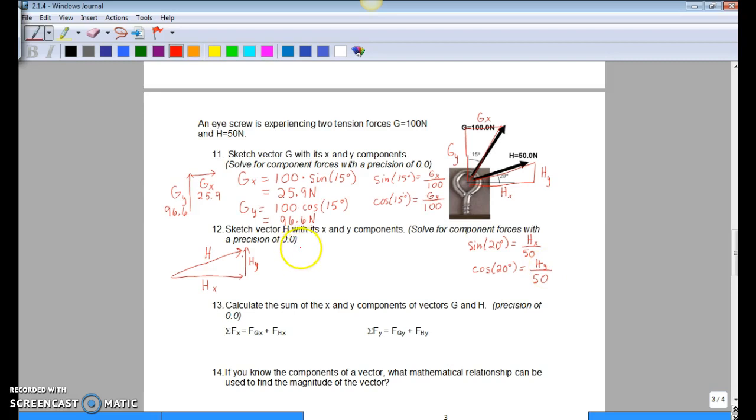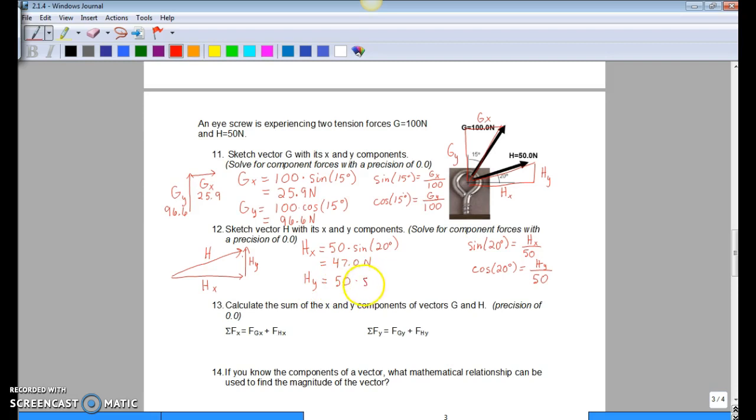So again, solving for h of x, we get 50 times the sine of 20 degrees, and that is 46.98. But we have to round to our precision of 1/10 of a unit, and h sub y,